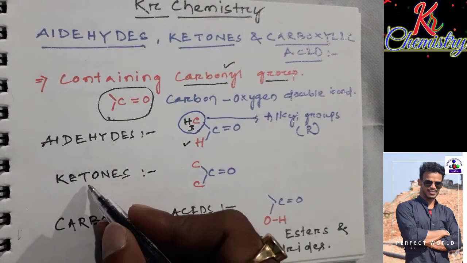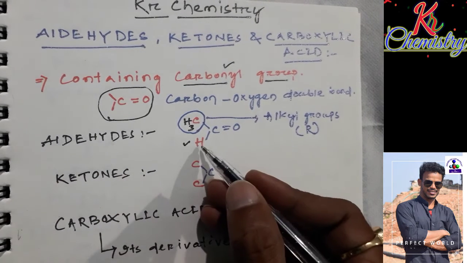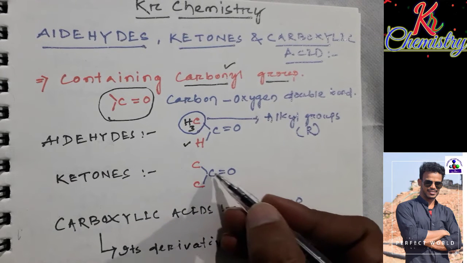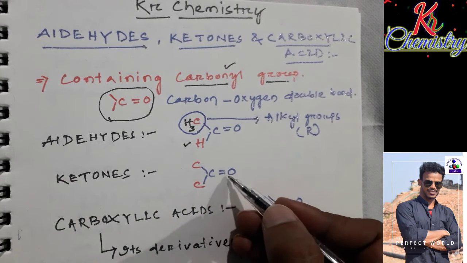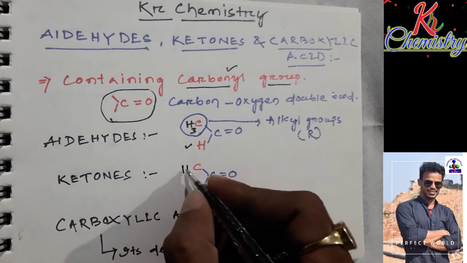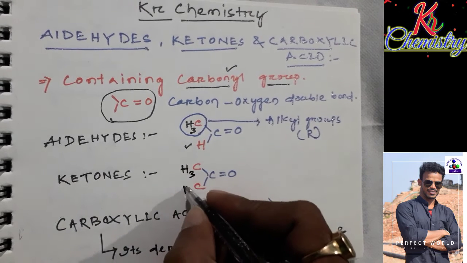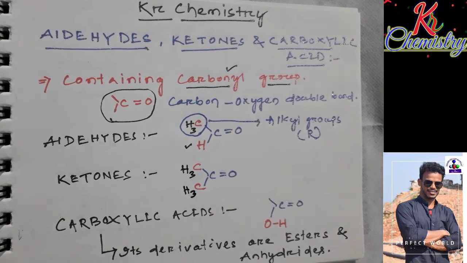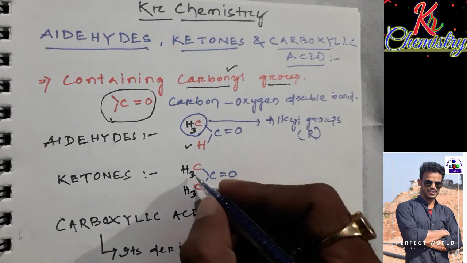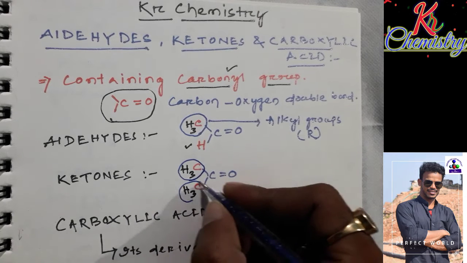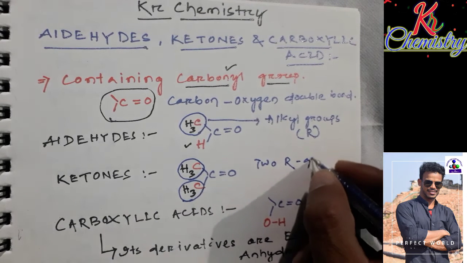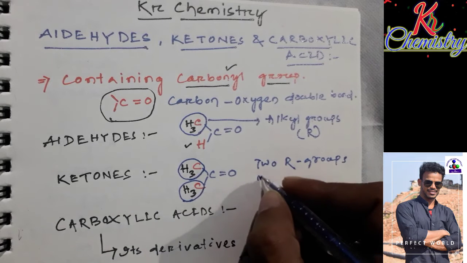Like aldehydes, ketones. In the case of ketones, there is no hydrogen atom like in aldehydes. One side is the carbon-oxygen carbonyl group and the other two sides of the carbon contain alkyl groups. These two alkyl groups may be